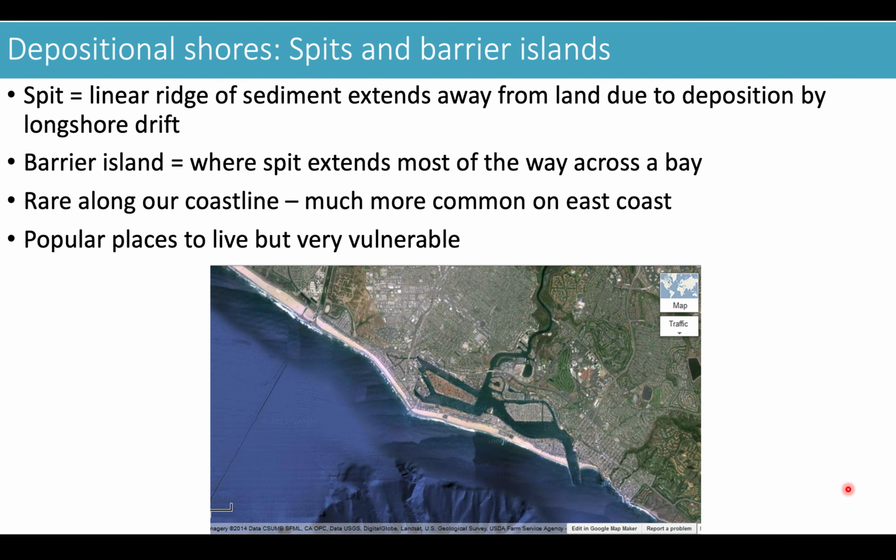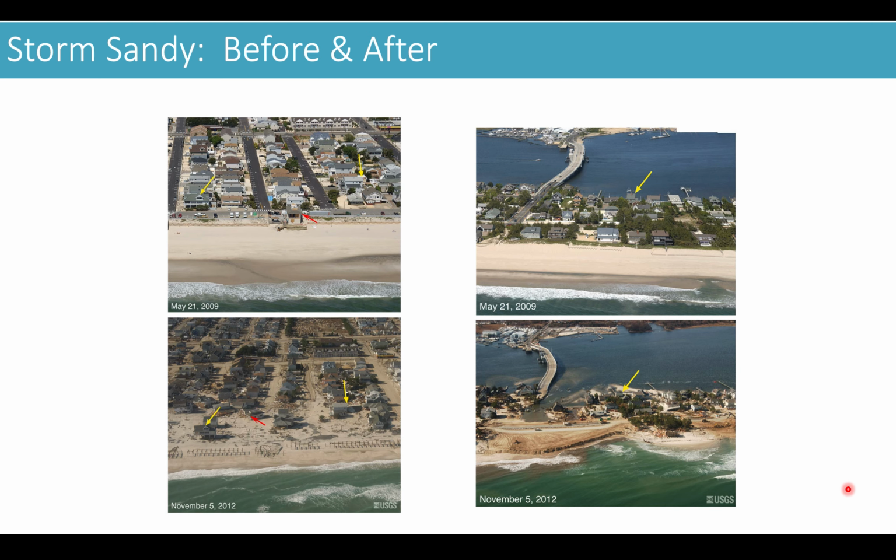Because they're generally made from deposited sediment, it's not made on hard solid rock. It's made on unconsolidated sediment, which can be easily influenced by strong storm surge, rogue waves, for example. So it's a very, very vulnerable place to live. For example, this is a picture of Long Island before and after Hurricane Sandy, which was in